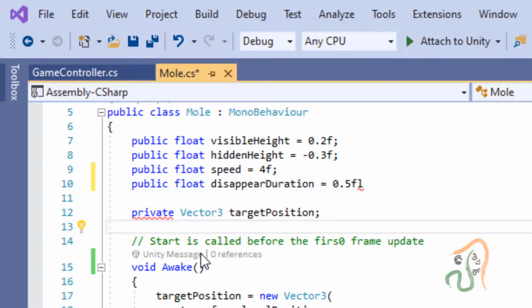So we declared a new variable disappearDuration that is equal to 0.5f.